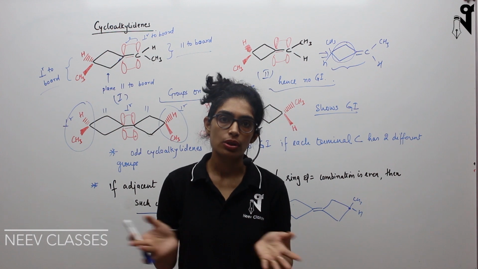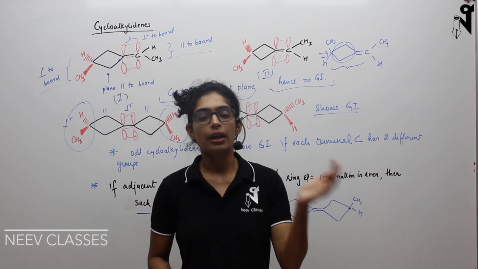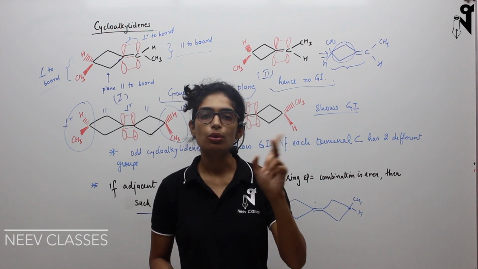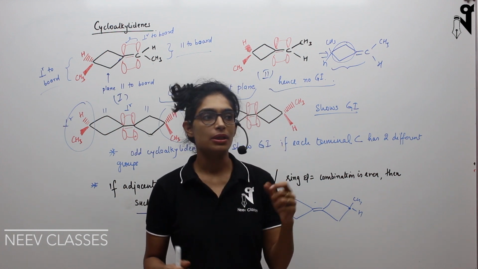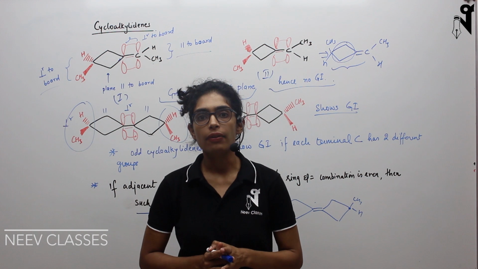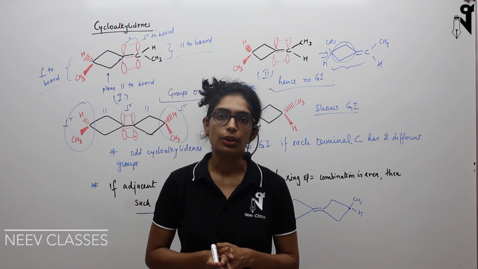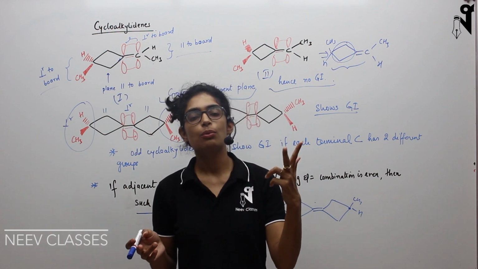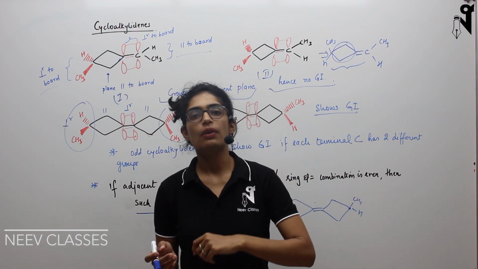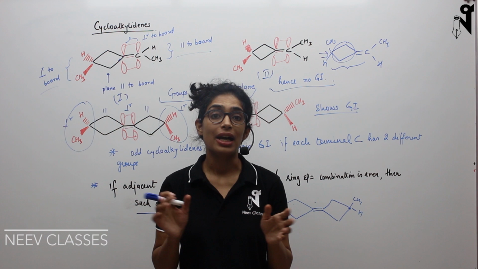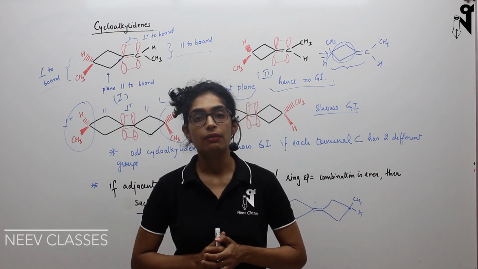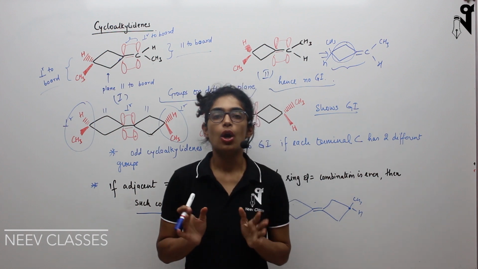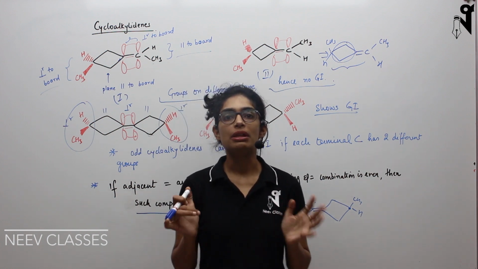Or if you have already watched the second video, then again, just to revise, go through the first video, then watch the second video again, both at super fast speed, basically 2x speed, and then be ready for the third video. Before watching it, see both of these videos again, figure out if you have any doubt, and then go to the third video, because that will be the end of GI, and then we'll start optical isomerism. If you are clear about GI, understanding optical will be easier for you.